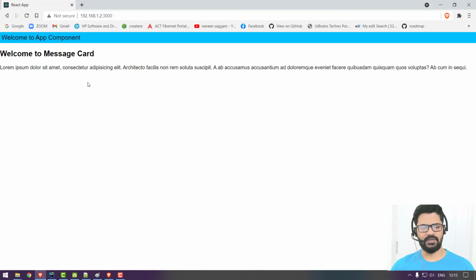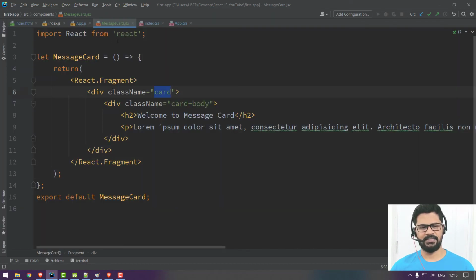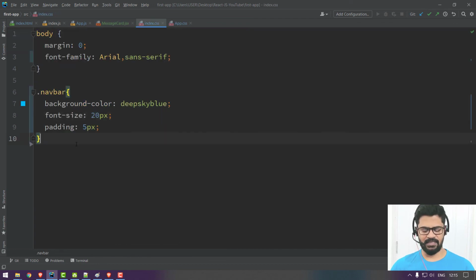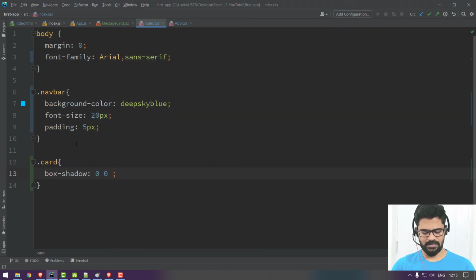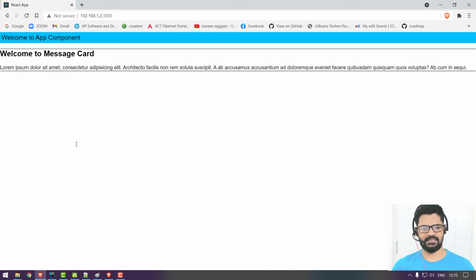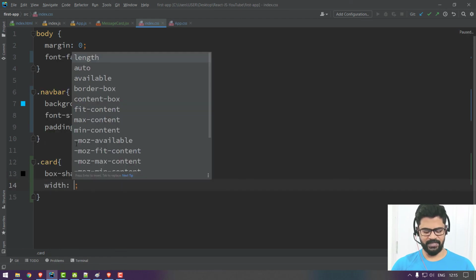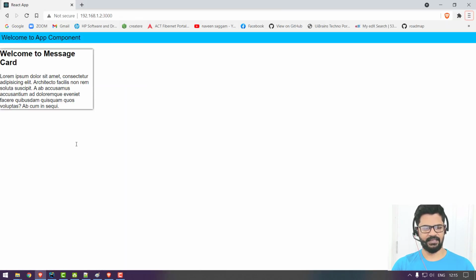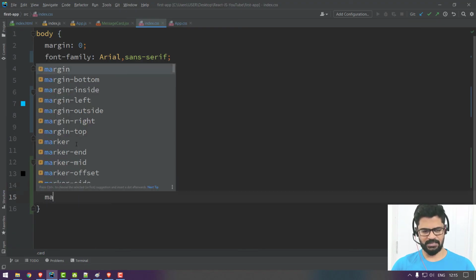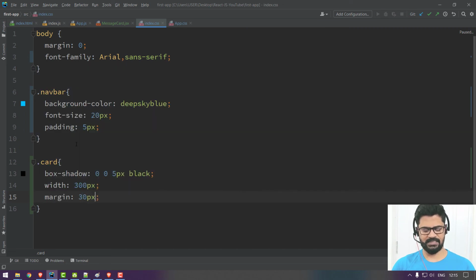Okay, so I want to convert it. Let's take the class name called card. Where do you write it? You may create message card.css and import it, or else you go directly to index.css, dot card. Let me give some box shadow, 0 0, some 5 pixels and black. Okay, and what else? I want a width of some 300 pixels, and let's give some margin, some 30 pixels.